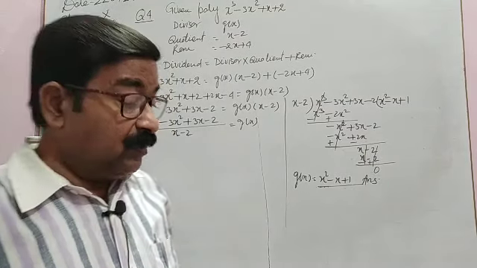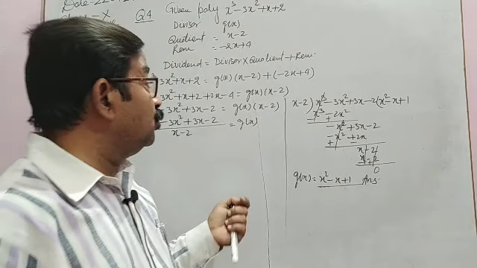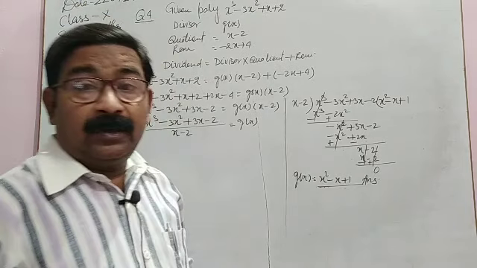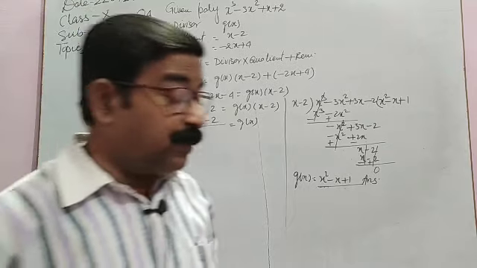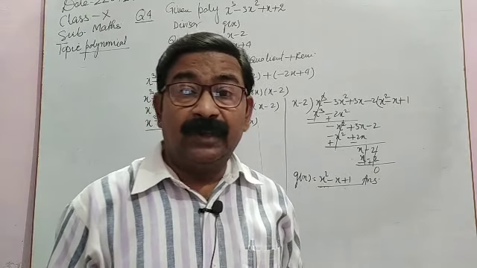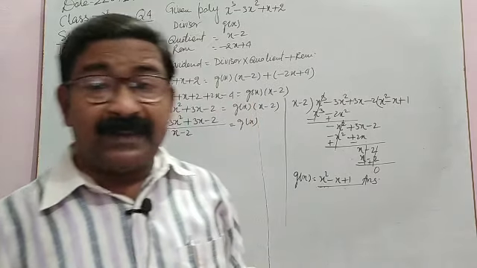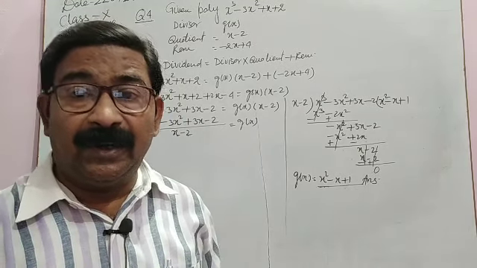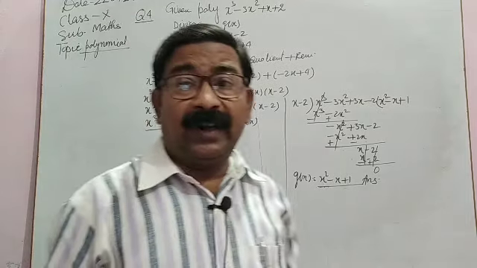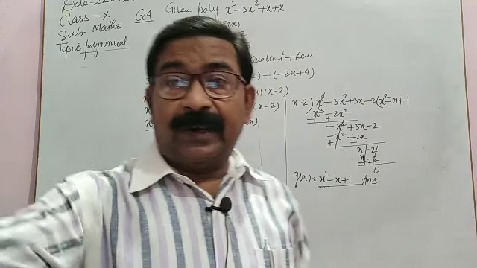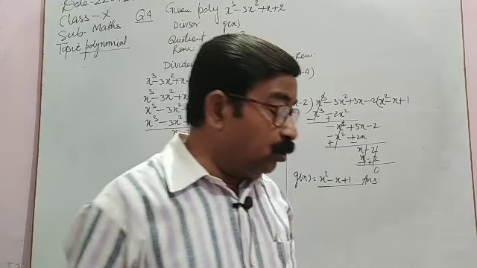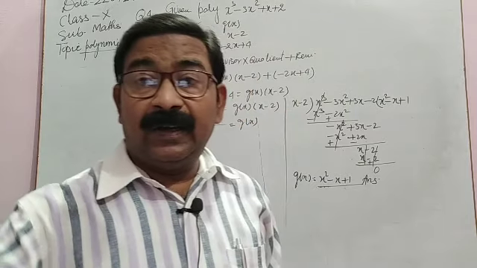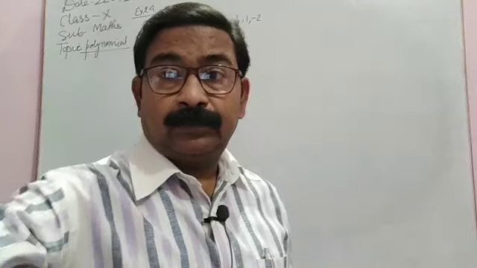Now you can pause the video to write the solution. Now question number 5 is a very simple question, nothing to do. In this question we had to give some examples of a polynomial of degree 1, degree 2 and degree 3. So no need to write that question. Okay, so we shall do some questions of the optional exercise.